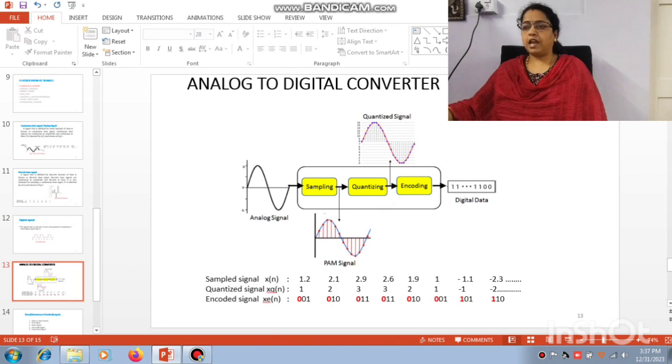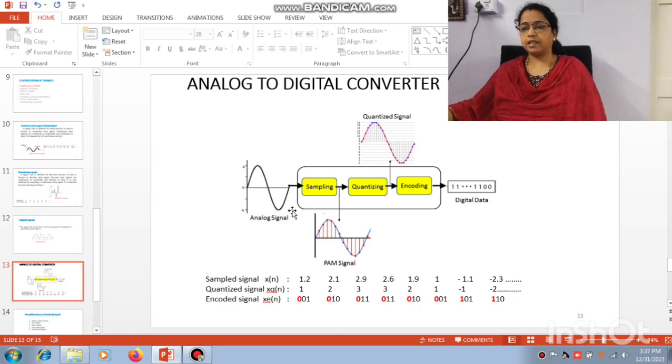Now here this is A to D conversion, or analog to digital conversion. The analog signal is first given to a sampler. The sampler will perform sampling, so at various time instants we are going to collect the samples. Those samples are quantized, and after quantization the truncated or rounded off values of the signal are considered and encoded as ones and zeros, which is nothing but the digital signal,